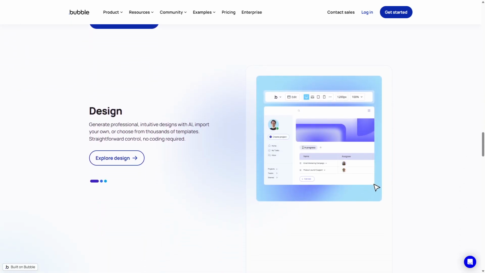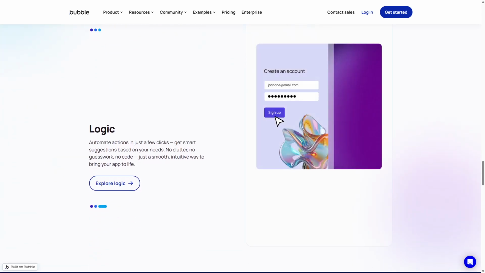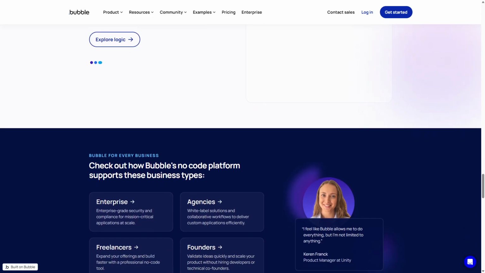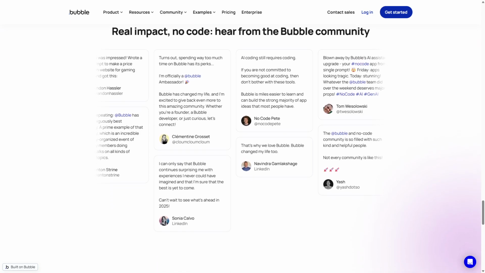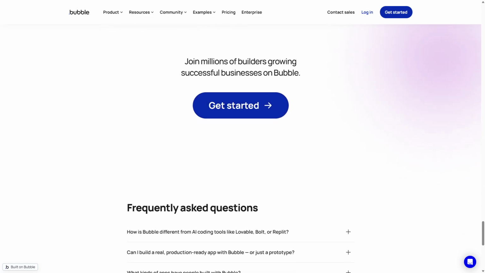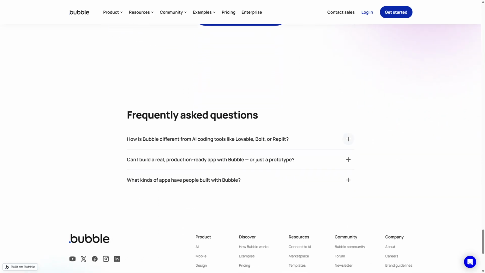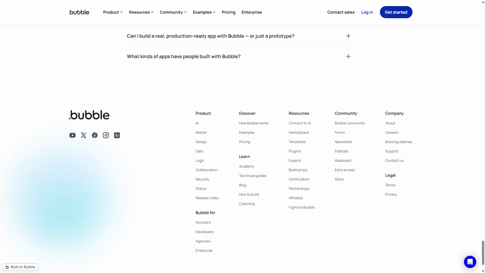However, Bubble's performance can be slower compared to compiled apps, and its learning curve is moderate for beginners. It is ideal for entrepreneurs and startups who want to launch web apps quickly without hiring developers, especially when custom workflows and integrations are needed. Bubble's visual programming delivers a powerful way to create apps without traditional coding, but is best suited for web-first projects